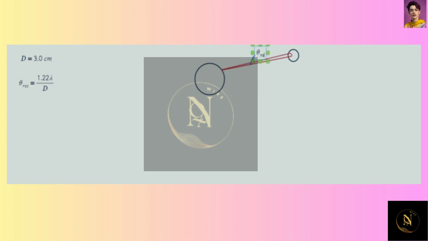So here we have theta res, and here we have this arc length. Since this angle is so small, the arc length is pretty much going to be a straight line. So let me replace the arc length with a straight line, because for small angles we can make that approximation. It's as good as an arc as any. Supposing theta res is small, which we expect it to be,